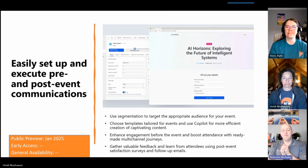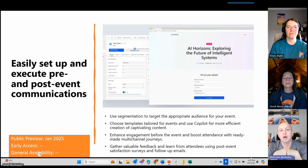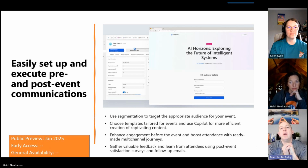So this one, I've easily set up and execute pre and post event communications. This one made me sit back and think, isn't this already a thing? Can't we already do this? I'm interested to see this when it comes out, because I think you could already do this, but I think it must automate it in some way or tie it to the event. So you can say, hey, before the event, do these things, and after or at certain intervals,